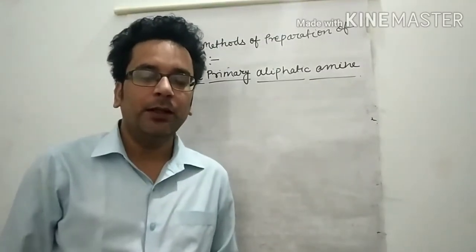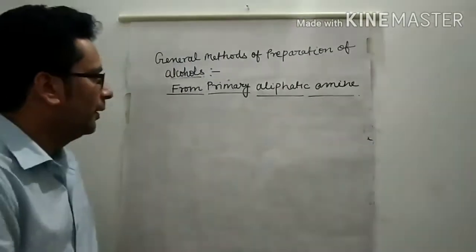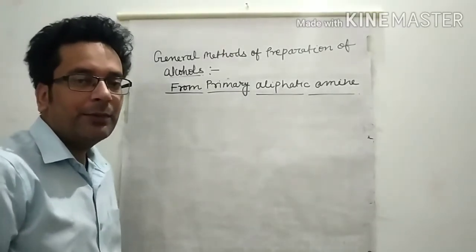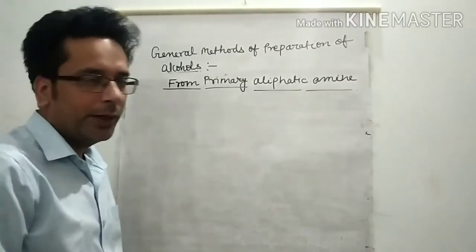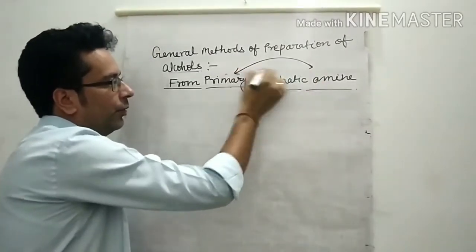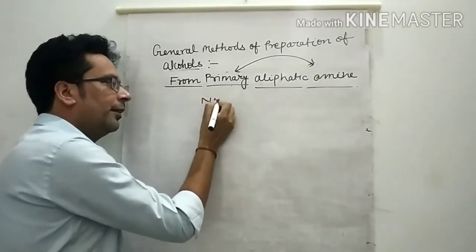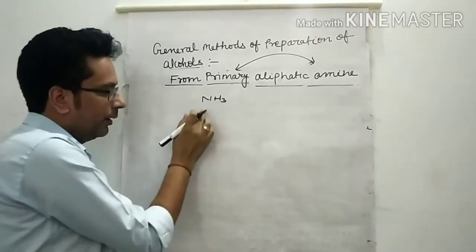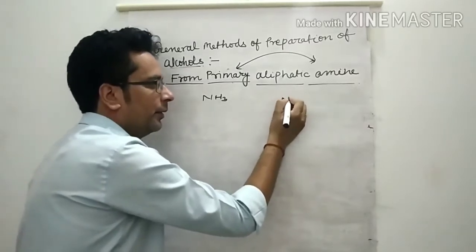Now next method, from aliphatic primary amine. Now look here, from primary aliphatic amine. What is primary amine? Aliphatic means simply carbon-carbon single bond. Now look here, NH3, ammonia. Okay, this is ammonia. It can also be written as